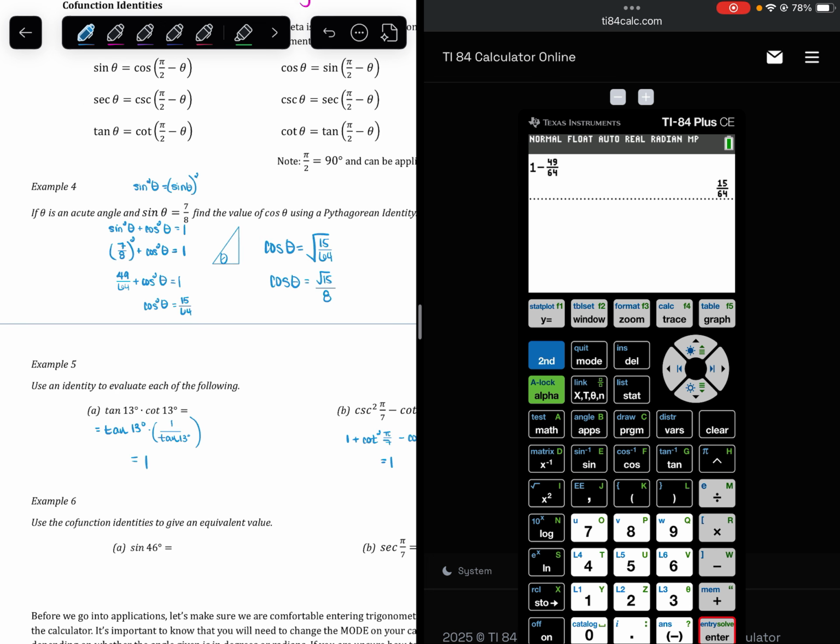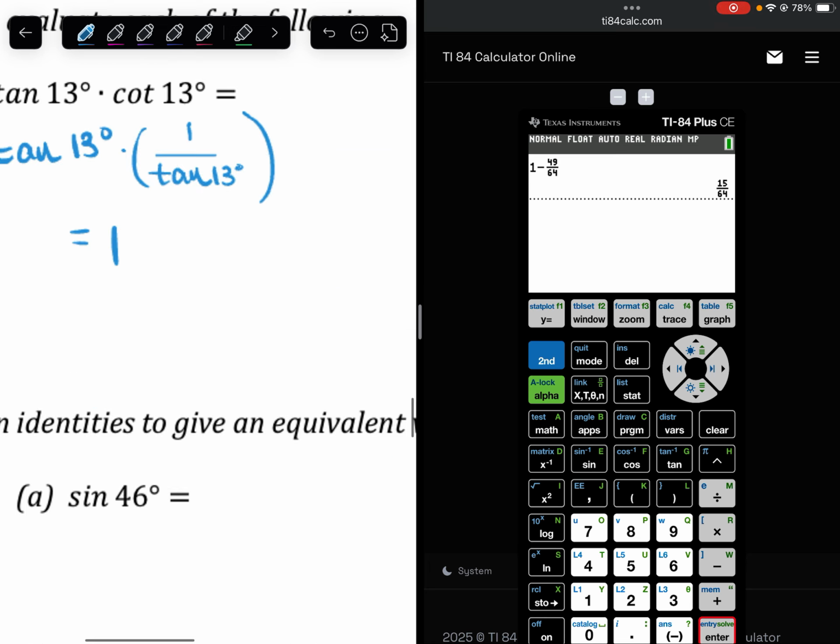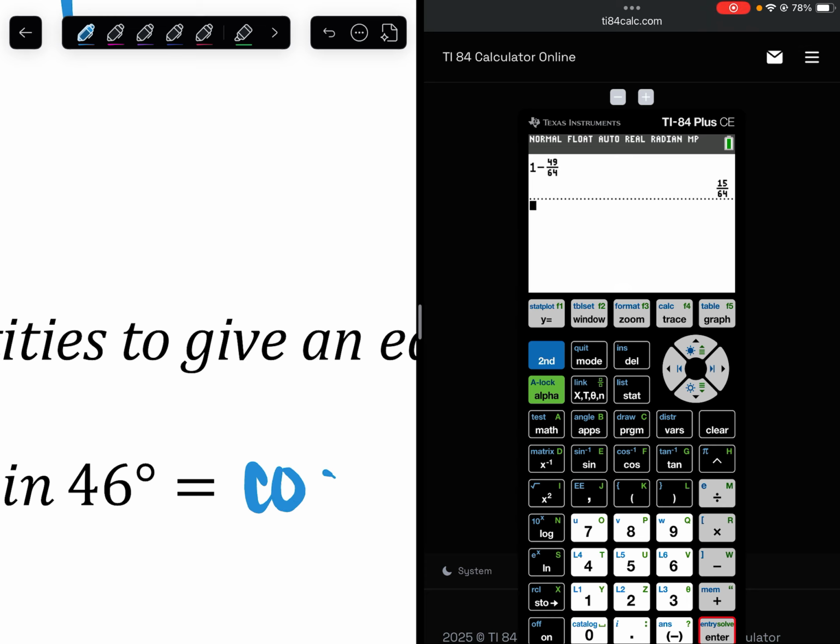All right, example 6. Cofunction identity to give an equivalent value. So notice in certain cases they are using names of identities, so make sure you know which ones are which. So cofunctions, sine is cosine, and so forth. So it says sine of 46 equals, well, sine's cofunction is cosine. So what we're wanting to use is that sine of theta is cosine of, and then it's either 90 minus theta or pi half minus theta, depending on radians or degrees. Because the 46 is given in degrees, we want to stay in degrees. So sine of 46 is going to be cosine of